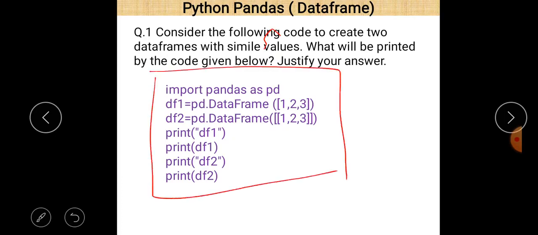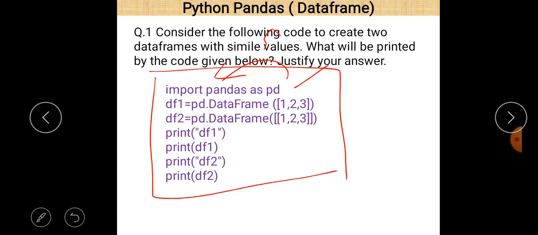First of all, import pandas as pd, which is a required statement. Because if you want to use pandas as a library, then we should import pandas as a library using the import keyword. Import pandas as pd. pd is the alternative name given to the pandas library. So wherever we want to use pandas as a library, we just write pd in place of pandas, and then after that put the dot operator and then the name of the method.